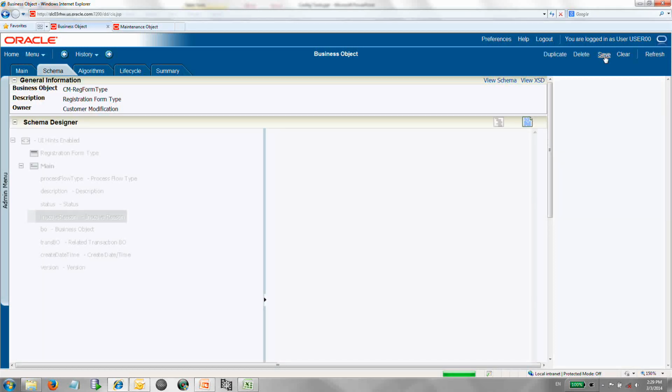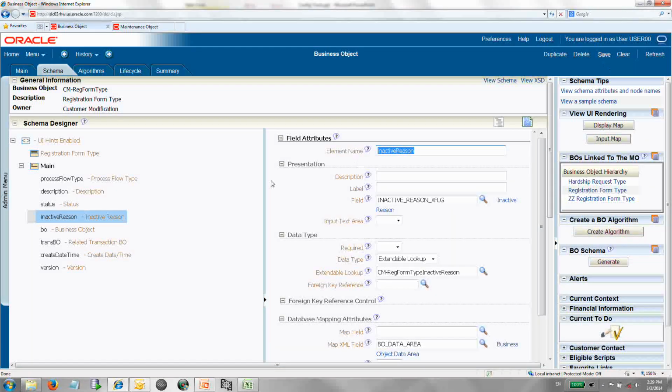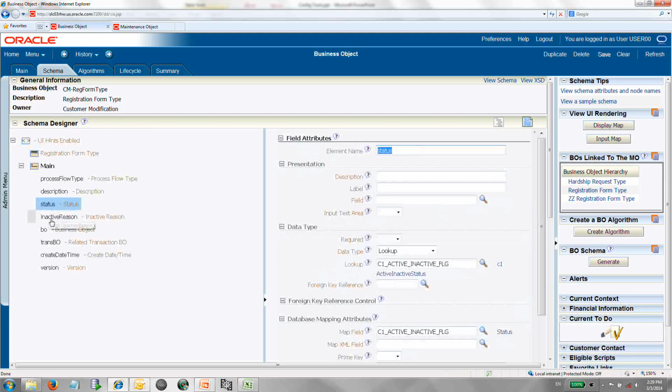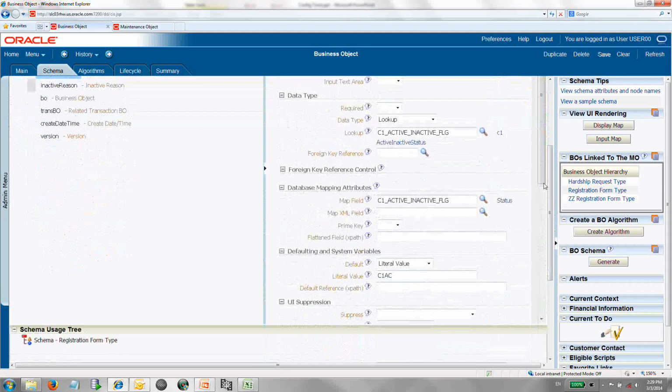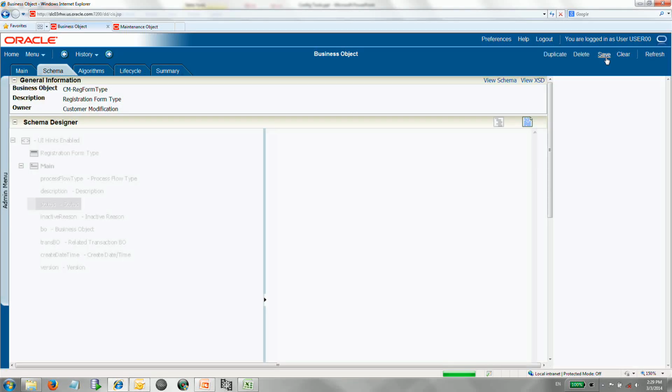Now, that in itself is not sufficient because I need to somehow tell the inactive reason that there has been a change in the status value, so it automatically updates the inactive reason correctly. So what I need to do is also inform inactive reason whenever status changes. And to do that, I need to go to status, and I can go down and add independent fields, inactive reason. By doing that,